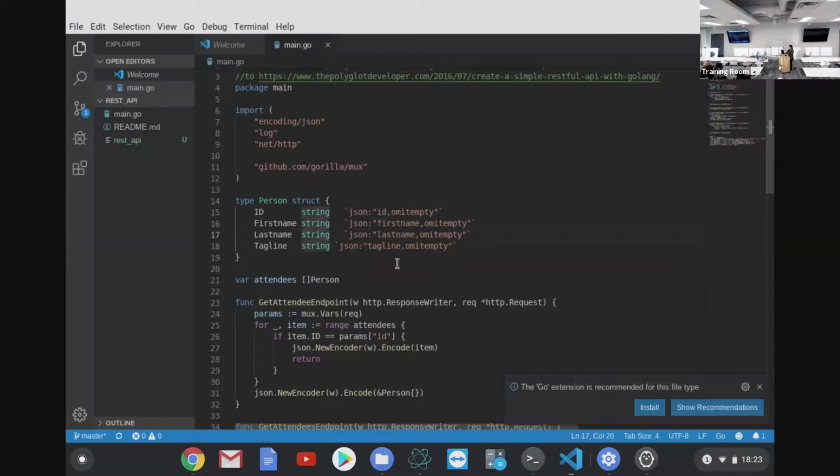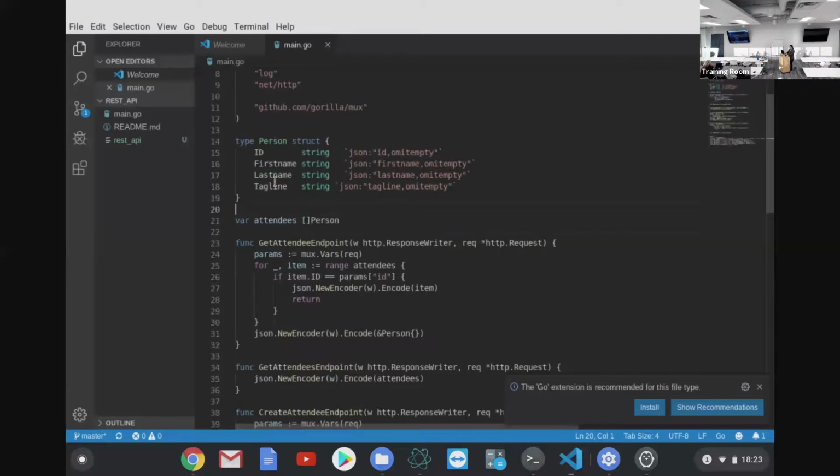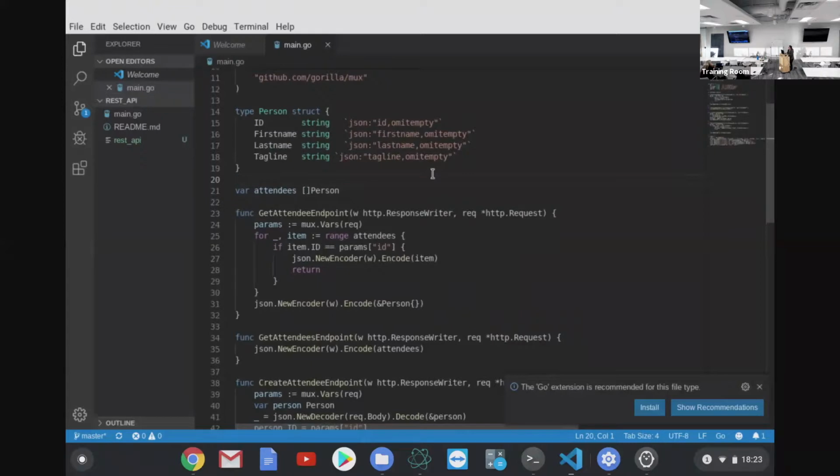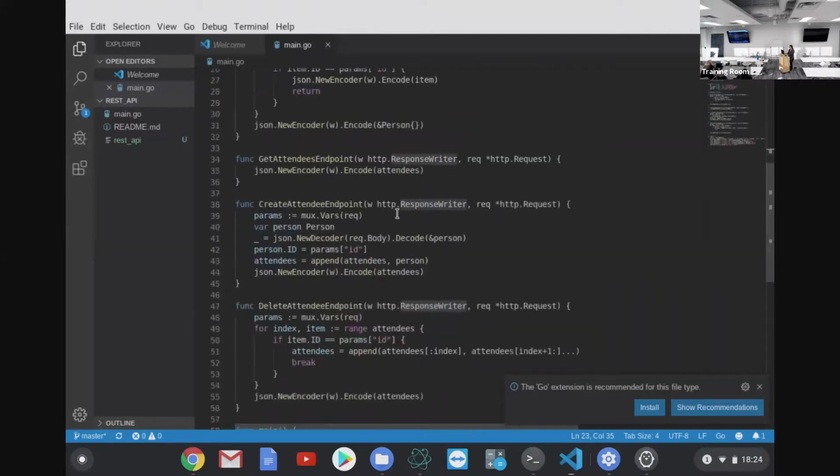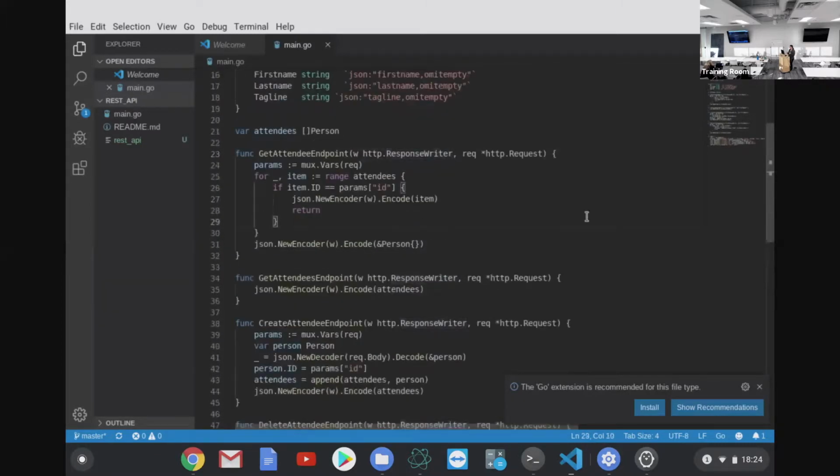So what happens here is we have this struct of persons, and we have this variable of attendees, which is an array of persons, or a slice of persons. And then we have these functions that are all of our endpoints. An endpoint is specifically just the one piece of the API you're wanting to hit, or it's just one specific